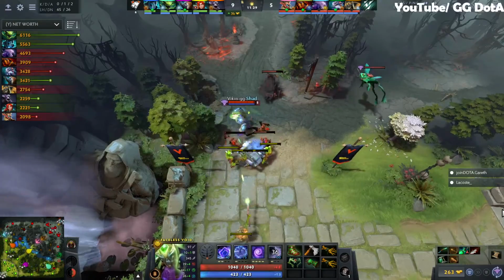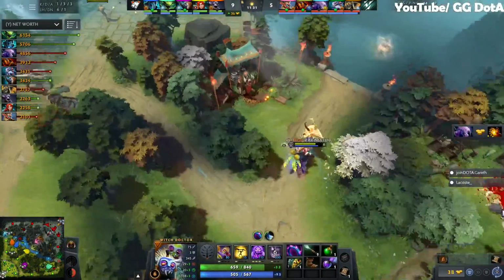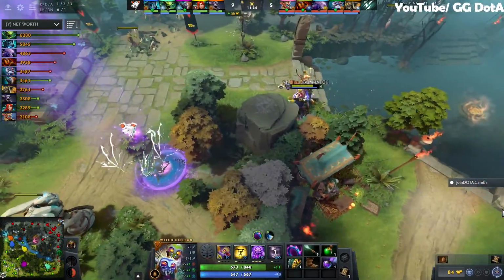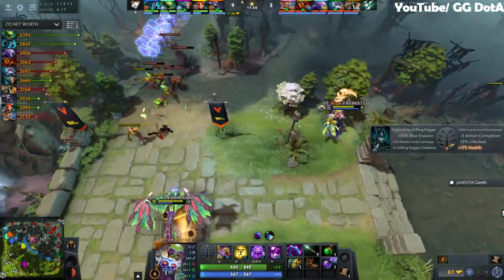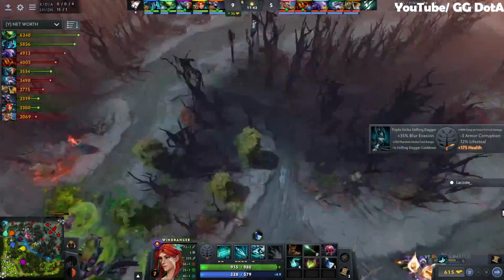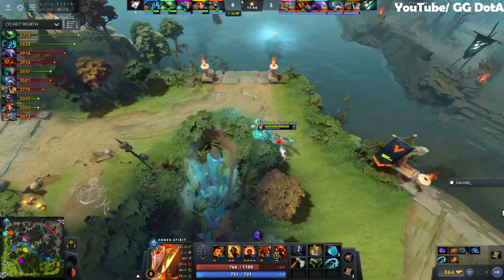Not looking awful for Viking, though. They've still got opportunities here with Chrono back up in 30. Snapfire's level 6 now, so the Mortimer Kisses don't even really need the Chrono for it, right? Because you've got Shadow Shaman with Shackles. Yes, you do. And every single time I see PA farming